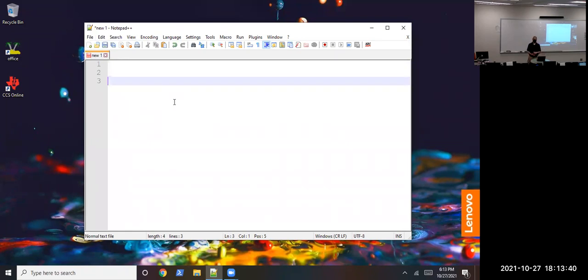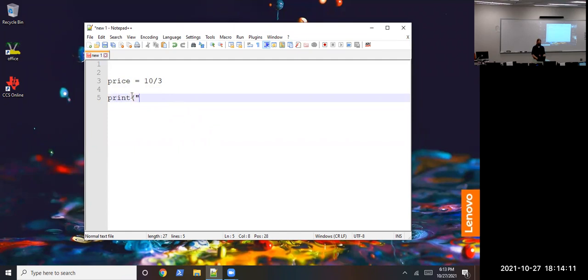So something that's going to happen a lot is we might have a price. Going to the grocery store, we're writing a cash register program, and there's some item that's on sale for $3 for $10. So somebody only wants one of them, that price would be 10 divided by 3. And we want to print that out. We give them a nice little message. We'll print the price is going to be